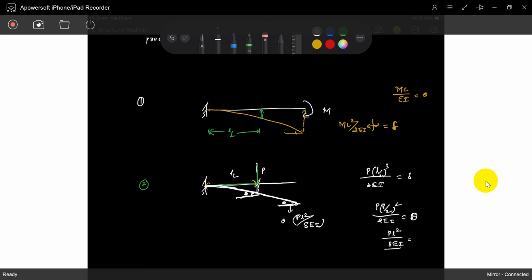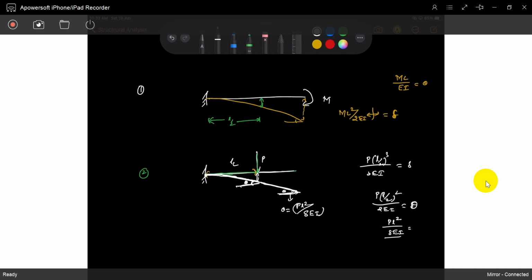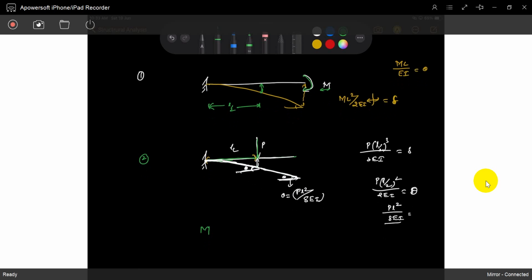Okay, are you understood? So how can we apply Betti's law? Betti's law says the work done by the set of P forces through the displacement produced by the Q force. This is a Q force, and this is called a P force. The work done by the P force through the displacement produced by the Q force.